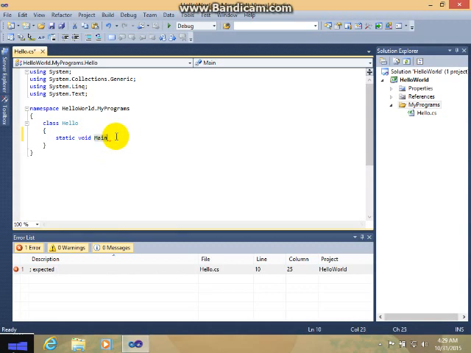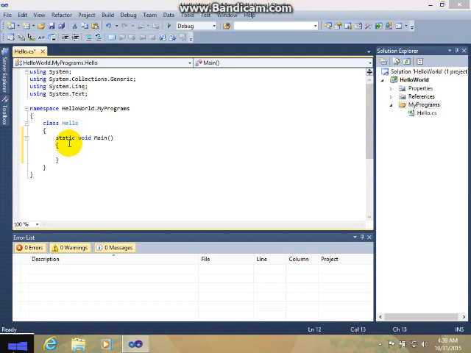Then make sure that you have the open and close parentheses, and enter. Then type in an open curly bracket, enter, and a close curly bracket. You can find the curly bracket above the quotation mark near the enter button on your keyboard, and click enter again.